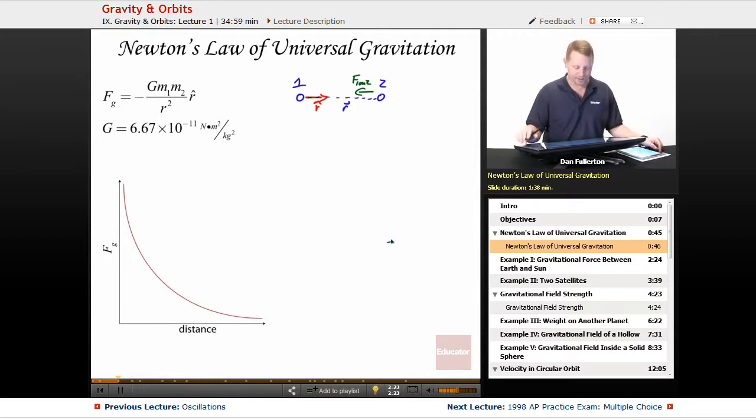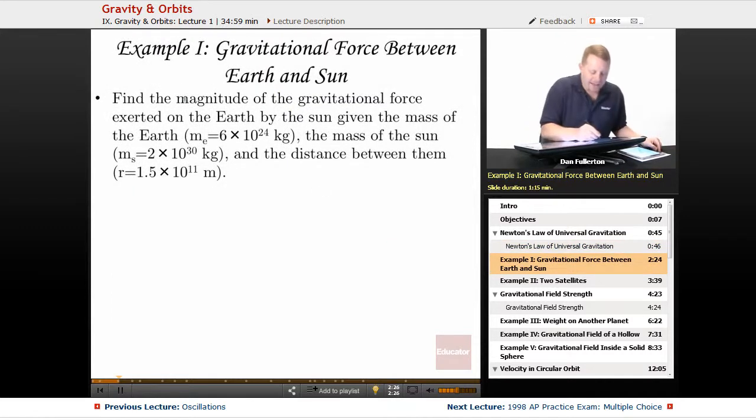So let's do a quick sample here. Find the magnitude of the gravitational force exerted on the Earth by the Sun, given the mass of the Earth, the mass of the Sun, and the distance between them. All right, well, let's start. The force of gravity is going to be minus G m1 m2 over r squared in the direction of r hat. But since I'm worried about the magnitude